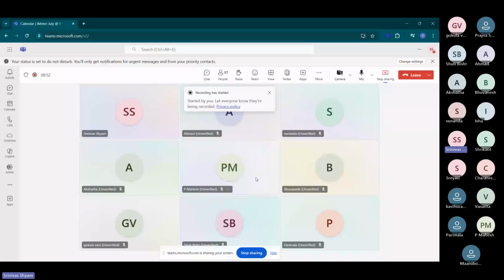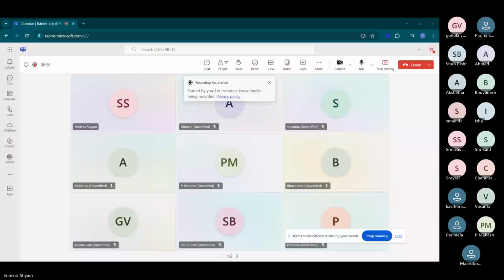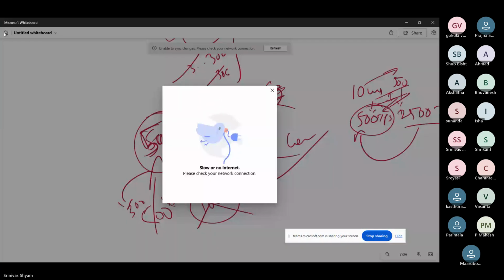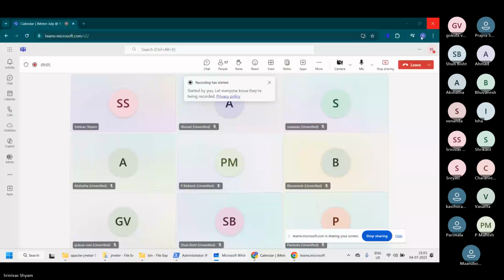So let me share my screen first. My screen is visible to all. Yeah, thank you, Parimala. Okay,